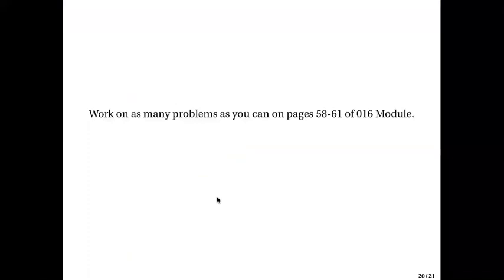Work on as many problems as you can on pages 58 to 61 of the 016 module. There's a lot of solving equations there. In fact, the last examples that I presented came from the 016 module. So I just picked them up from there. If you don't have any question, I am dismissing you now. I still have time. I can stay to answer your questions just in case you